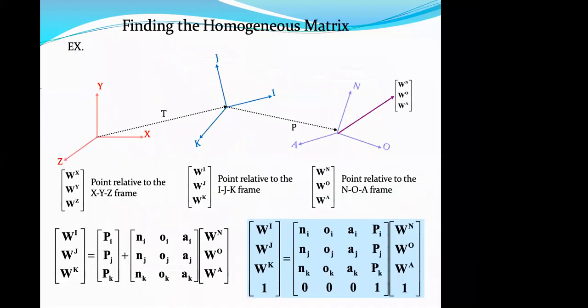So you can see the overall view. तो अब जितना भी mathematical है वो आपने सबने देख लिया है. So we can go with this frame. So this will be your translation. Then it can be a change in the positions. So किस तरीके से हुआ है? Point relative to the XYZ frame, point relative to the IJK frame, ये जो IJK frame है, और फिर NOA frame दिया हुआ है.